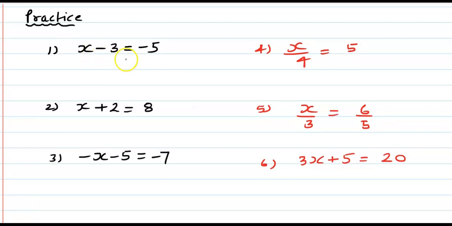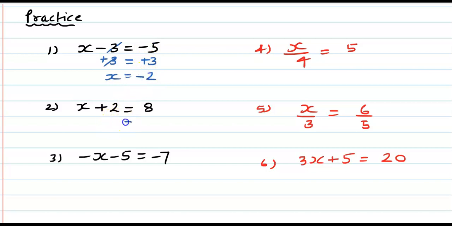Okay, so first of all you put equal sign here. Here is minus 3, opposite of minus 3, so it will be plus 3 both sides. For balance you need to do it both sides. So this is cancelled out. It is x. Opposite sign means take away. 5 take away 3 is 2, and big number sign minus 2.